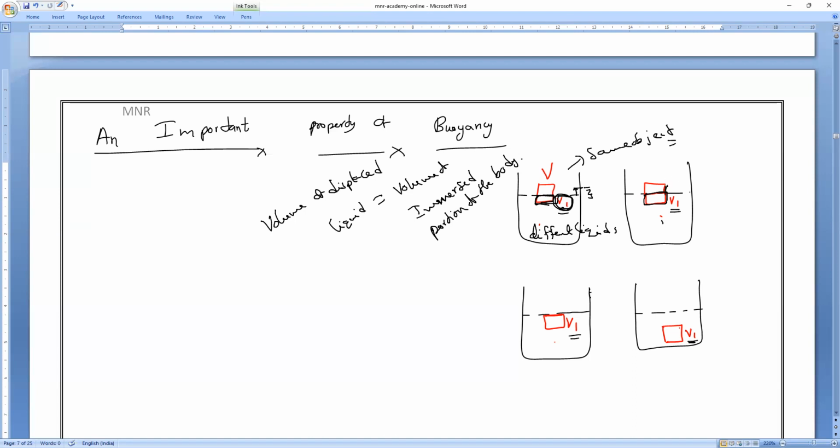Here half of the object is immersed. Now some amount of liquid will be displaced. If I measure the volume of this liquid, it is equal to this immersed portion. Nirosh, understand? Mr. Nivedan? Now in this liquid, it will displace some liquid. If I measure the volume of this liquid, it is equal to the volume of the completely immersed object. Now, the volume of the